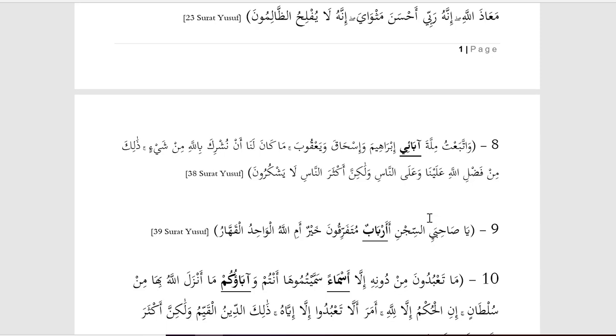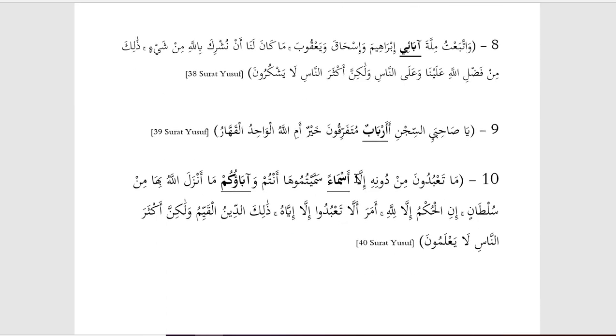Here we have arbab. Now that double hamza there might seem a bit funny. That first hamza is really asking a question. Okay, so he's asking them arbab. So take that first hamza off and you're left with arbab. Now arbab still follows the same sequence of an added hamza and an added aleph. If we take both of those off, we're left with rabb. So rabb is our singular and arbab is our plural.